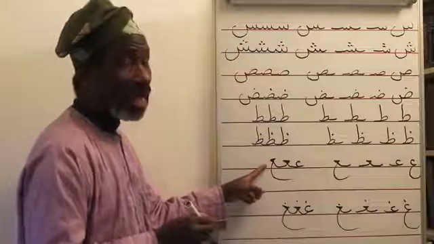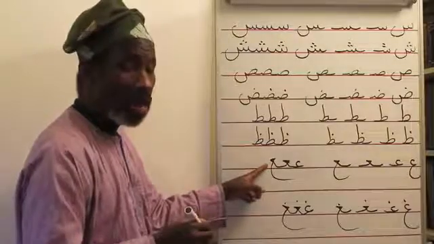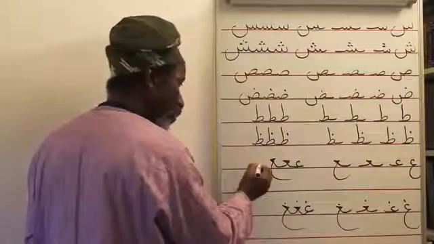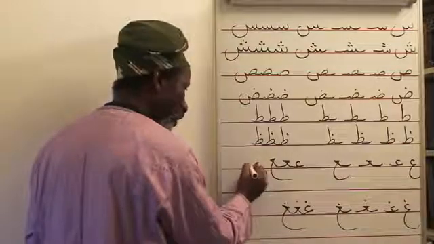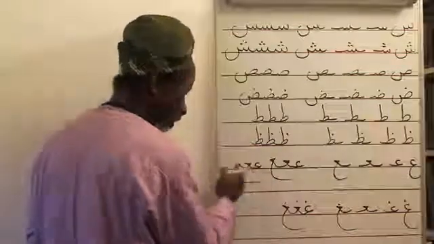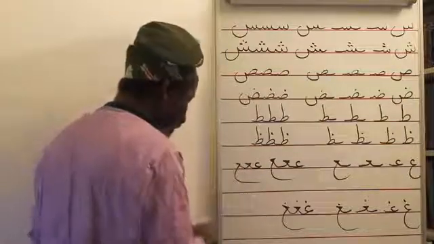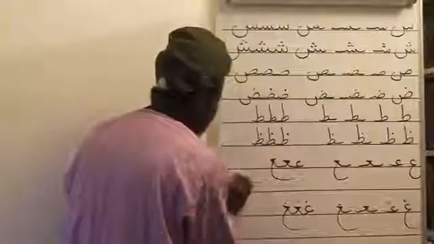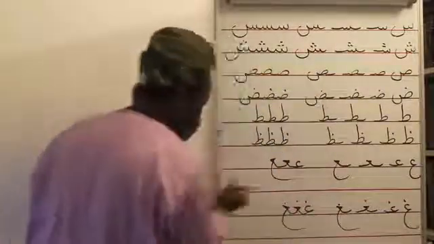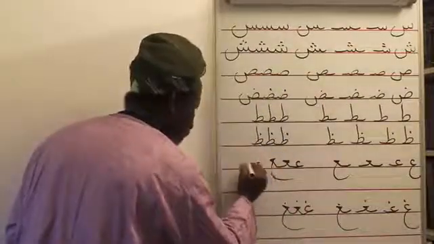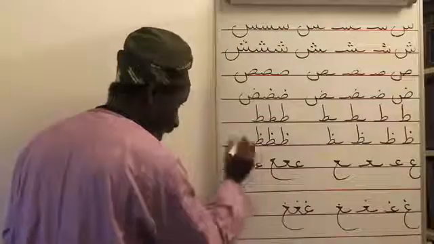Be careful when you are writing ein and rein in joint form not to make the final one look like a ha. Sometimes people write the ein and join it like this. Remember, this is not ein, this is your ha. The ein needs to have that complete shape. So you have your ein, ein, ein, flat head,